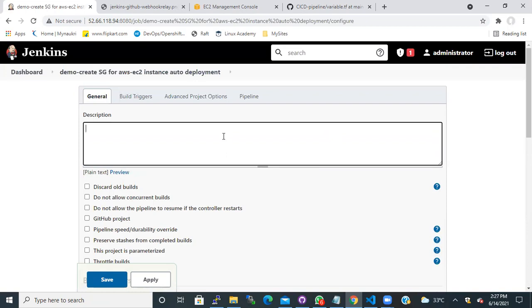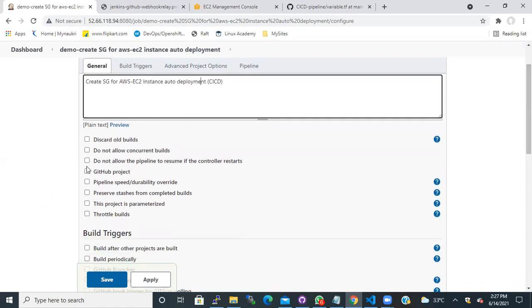And then I'll give the description for this job: create security group for AWS EC2 instance, auto deploy, in brackets CI/CD, continuous integration and continuous deployment, that I'm going to do.